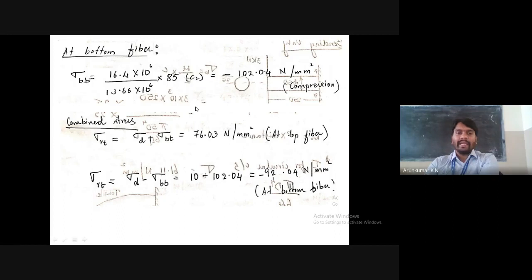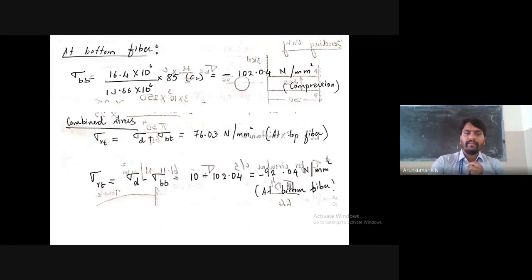Direct stress you can calculate directly. Once you calculate the bending stress at the top and bottom fiber, if direct stress is there, you need to add both to find out the resultant stress. So this is just a summation of direct stress plus bending. Add these two, and you get the resultant at the top fiber. You take the bending stress at the top, which is tensile. The resultant stress at the bottom fiber is given by direct stress plus bending. The bending here at the bottom is negative. Take 10 minus that, and you get the stress at the bottom fiber. Is it clear?